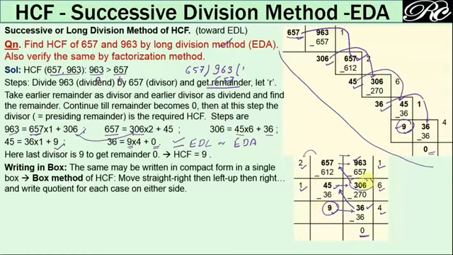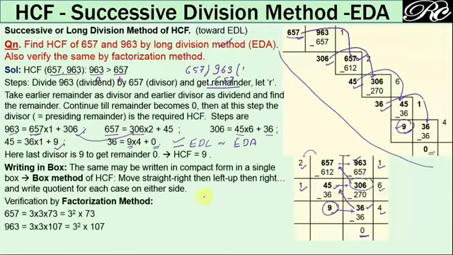So this way the successive division method, which is taking more space, can be written in a compact fashion. Writing in this way in a square form is called the box method. So both are the same. This box method is nothing but writing the earlier successive division method in a compact box form. This can be verified by the factorization method. So go for factorization of this